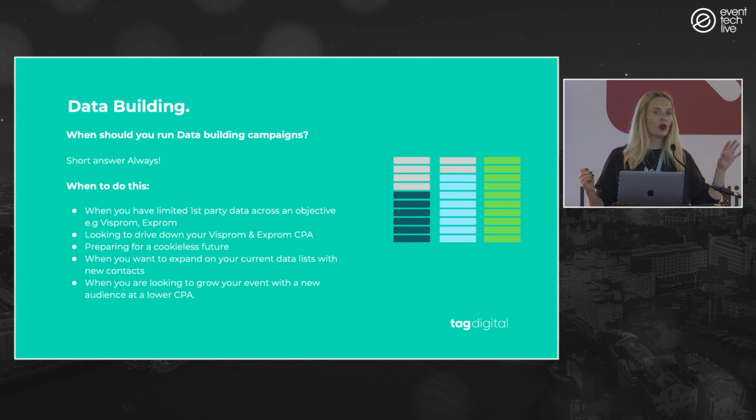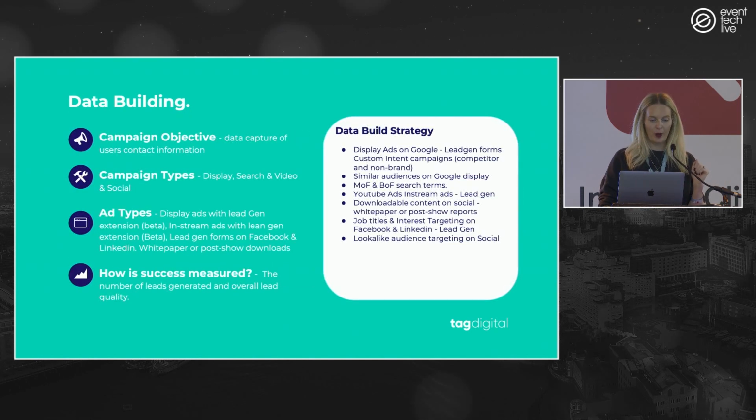So as we know, cookies are being retired 2023, let's say, and there's going to be things that are replacing that in terms of data onboarding platforms or aggregated data. But the best thing that you can do to support yourself is to build your first party data. So you're using content, you're building email, you're building phone numbers, so if you lose 50% of your retargeting list, you can use all of that first party data. It's really high quality data because it's people who want to engage, they're interested in your content, so it's more likely they're going to attend the show or do whatever objective you want them to do. So you want to grow your event and build a new audience with a really low cost per acquisition.